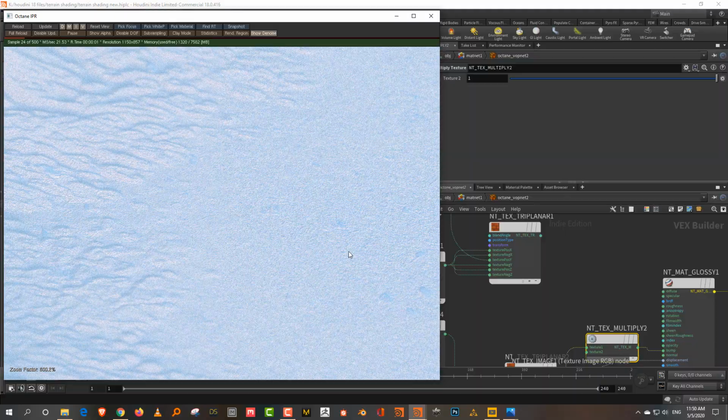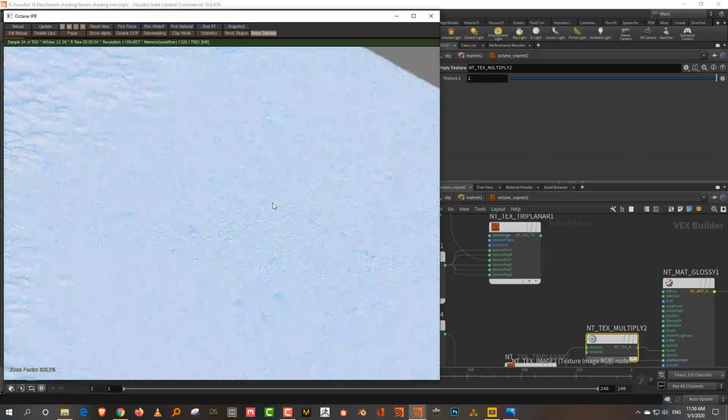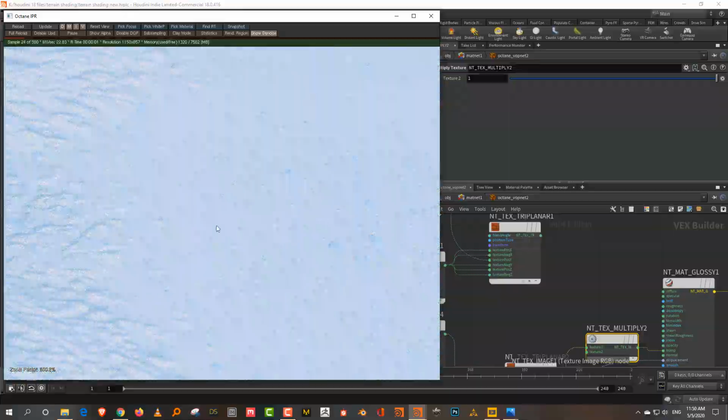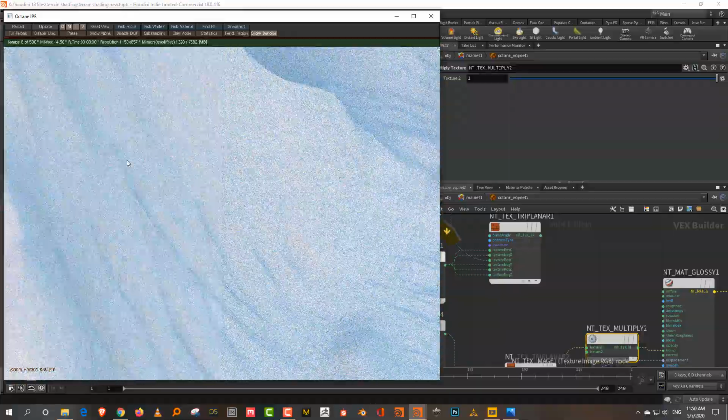If I temporarily disconnect this thing and zoom in a bit, I should get, see, there you go. You have a fairly decent bump map on the whole thing, and you don't get any kind of repeat pattern. And then we can also take a look at our cliff. See, there it is.